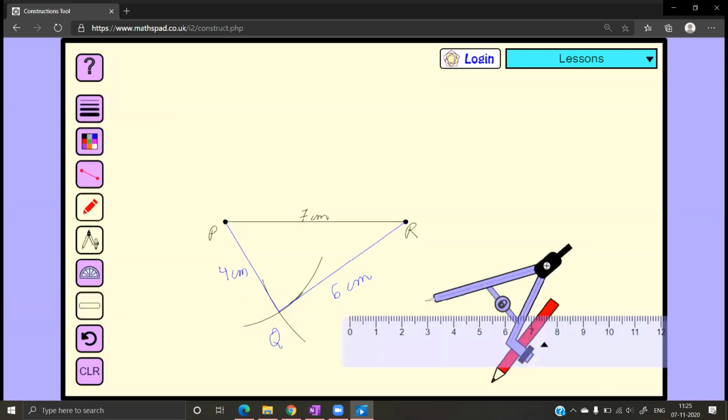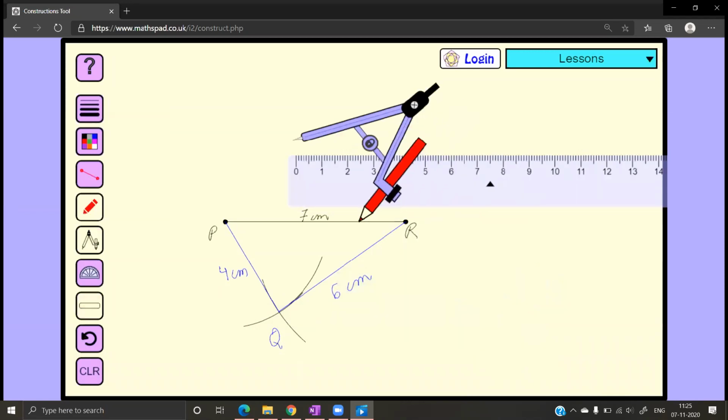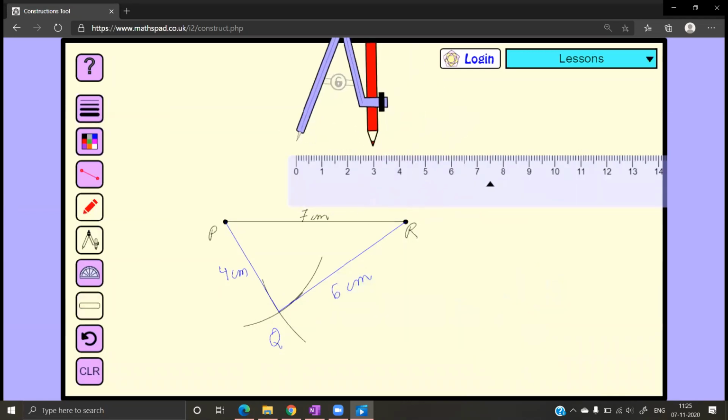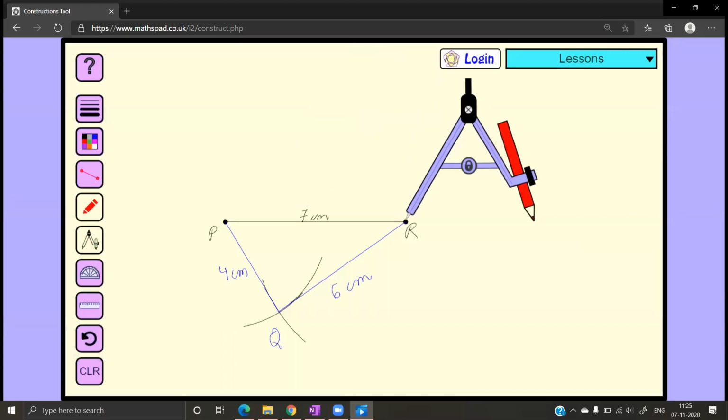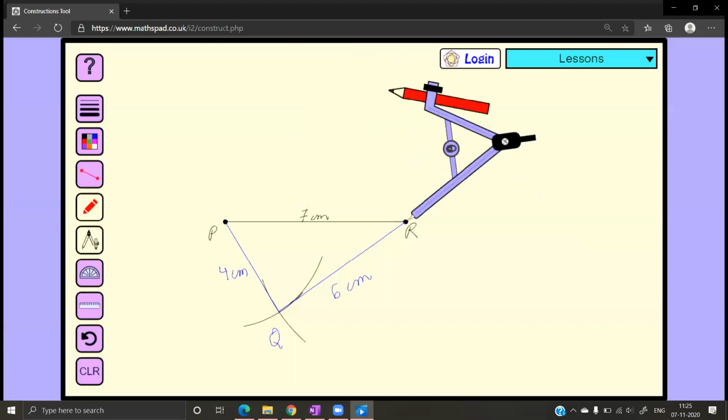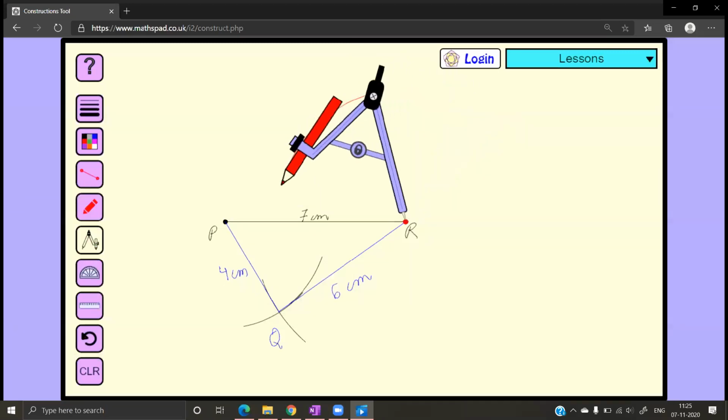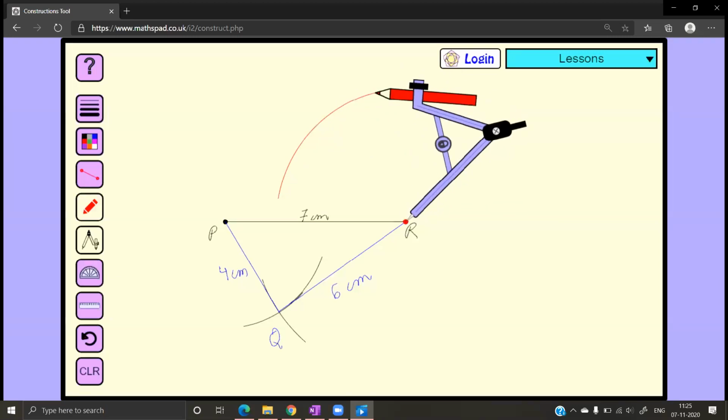Now we are going to construct the triangle on top. If you look at your rough sketch, from P you need 5.5 centimeters and from R you need 5 centimeters. So one by one we will draw arcs. From point R, we have 5 centimeters above the diagonal. This time I've drawn a longer arc so that I don't have to redo this.